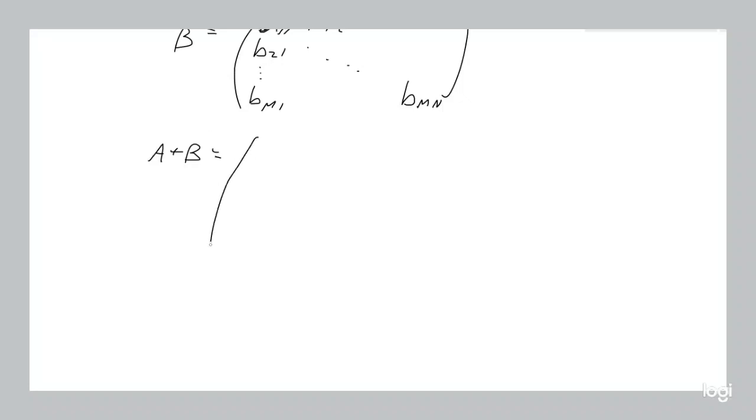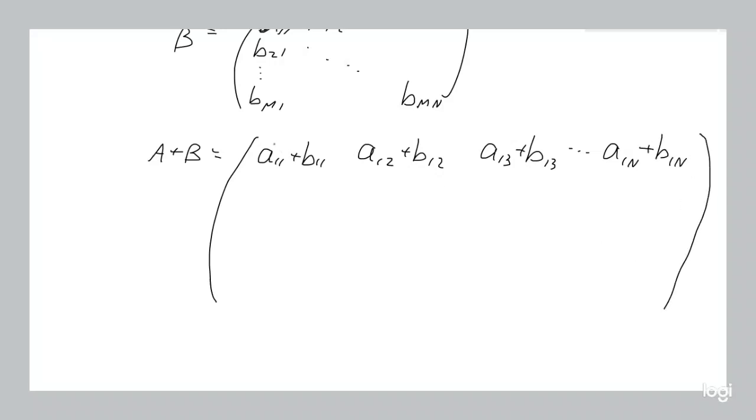All right, so what that's going to look like is you're going to have A11 plus B11, then A first row second column plus B first row second column, then A first row third column plus B first row third column, and so on up to A first row last column plus B first row last column. And same with every other entry, okay? A second row first column plus B second row first column, and so on, right? Adding up all the corresponding entries, just as if you're placing one